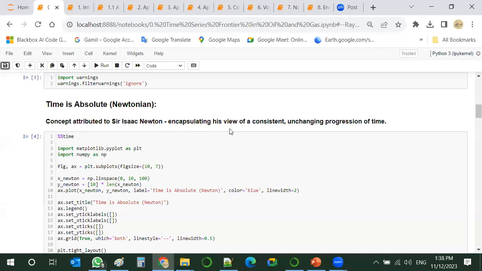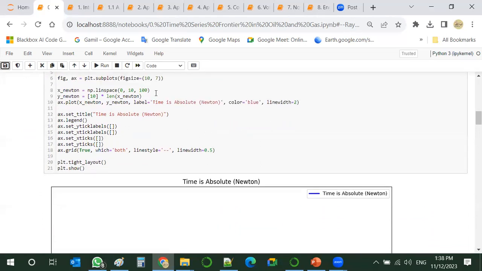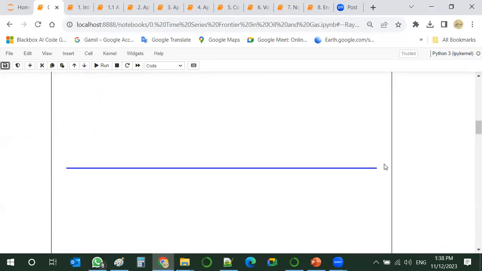So we try here to express this view in this space from 0 to 100. And if time is absolute, running this code, we will get something like this. So this is time.